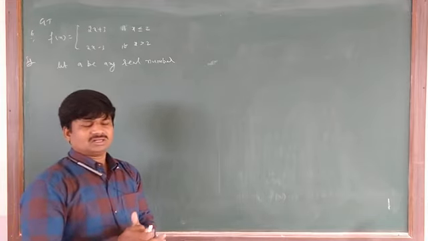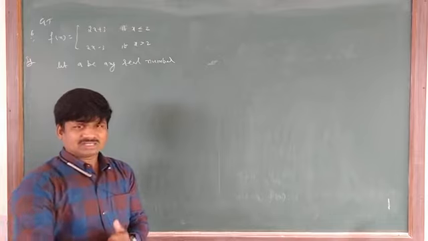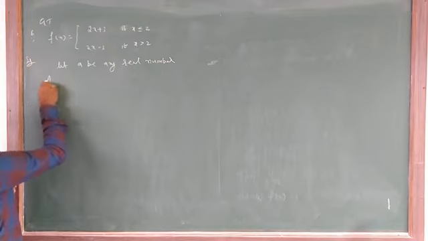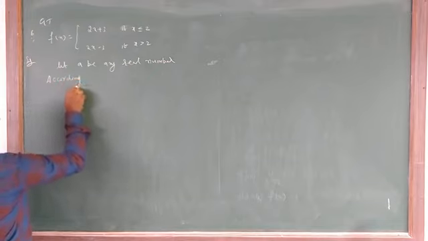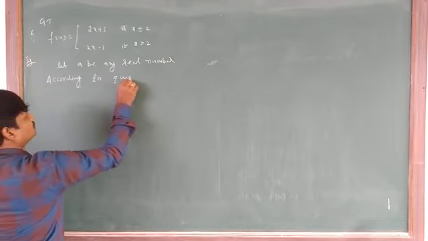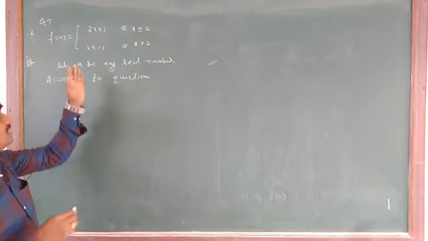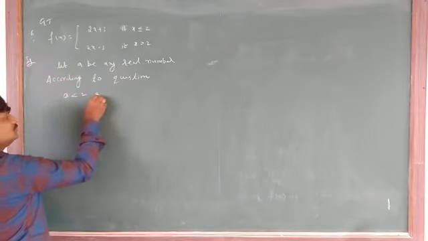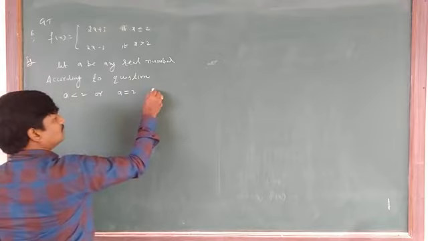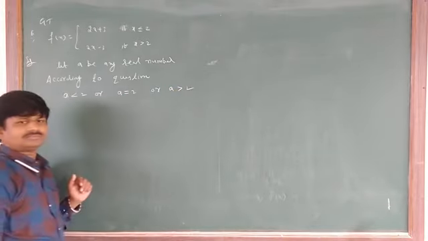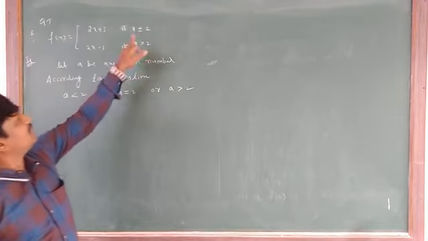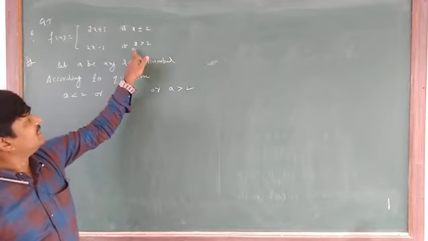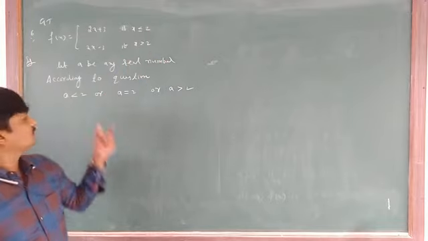In the last class we saw some questions like this, or not? Yes, the same here also. So how many cases according to the question? See, that A value is less than 2, or A equals 2, or A is greater than 2. A means a real number. That real number may be less than 2, equal to 2, or greater than 2. So case 1, case 2, case 3.